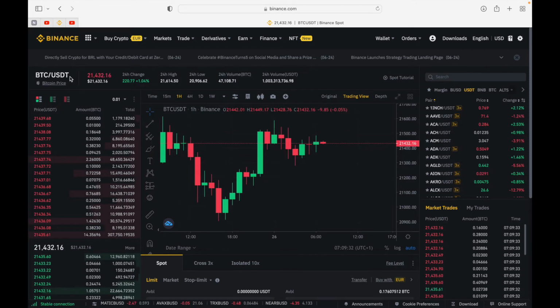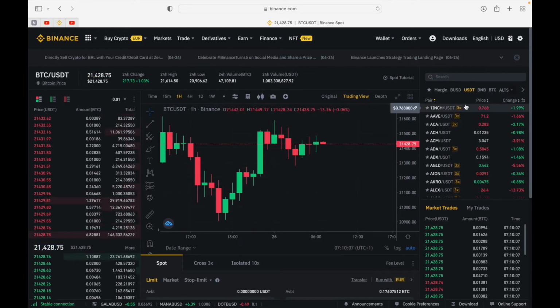We can use USDT to buy BTC, and we actually sell back our BTC to USDT. And there is another thing we need to note. There are volatile coins and stable coins. Most times we have these stable coins as our quote currencies. USDT, which is US dollar Tether, is a stable coin, a cryptocurrency that is actually stable, backed by the United States dollar. And there are some other stable coins like BUSD